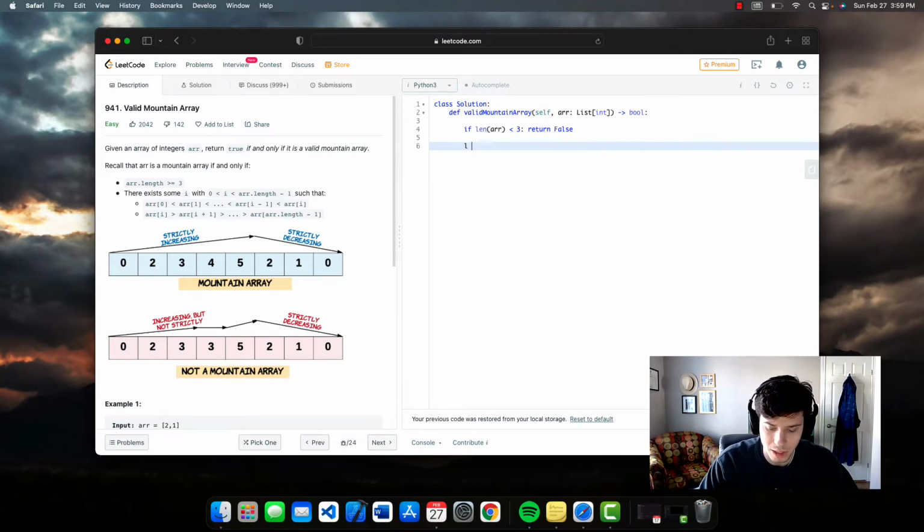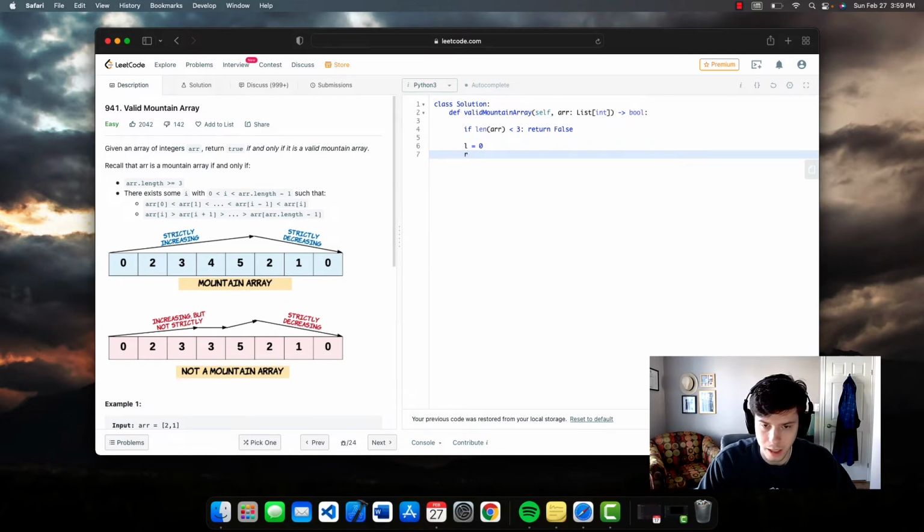Now we need to create two pointers here, and one we can just call L for left. That's going to be equal to 0, and then one we can call R for right, and that's going to be equal to the length of the array minus 1. Okay, so that's the last index in the array. Now we want to basically iterate each of those pointers